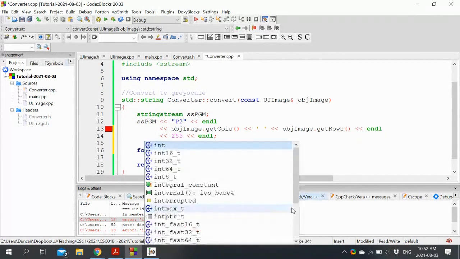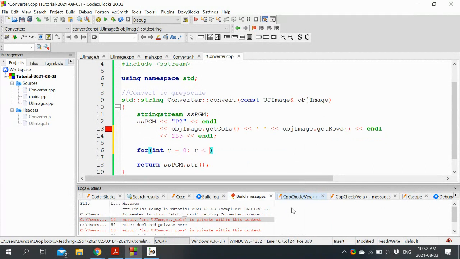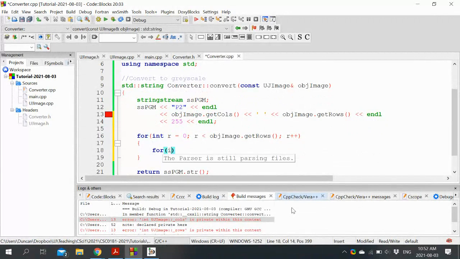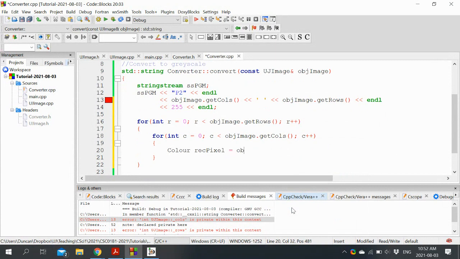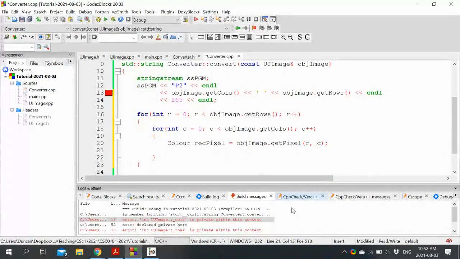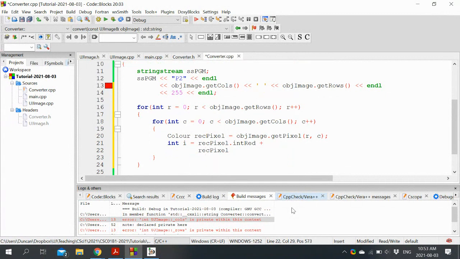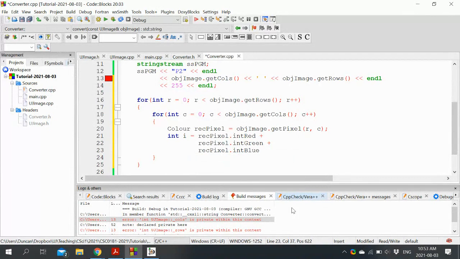So for every row, for every column, get that pixel, then we'll get our new intensity value, call it I, and that's going to be pixel.red plus pixel.green plus pixel.blue.